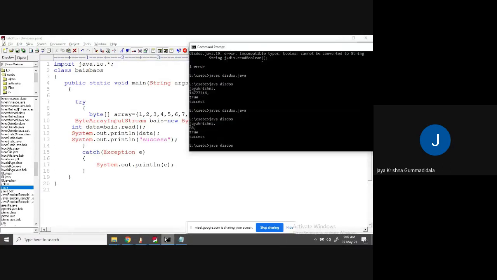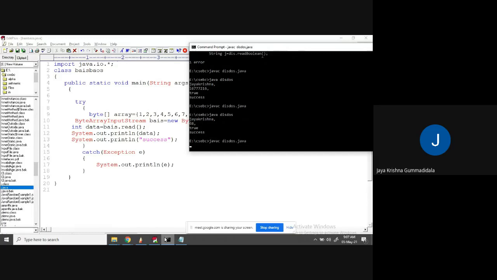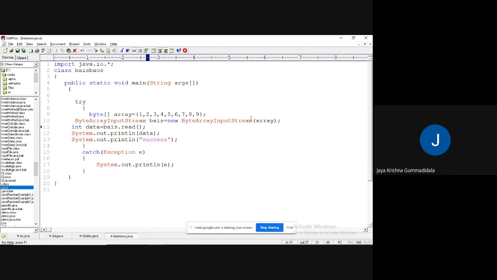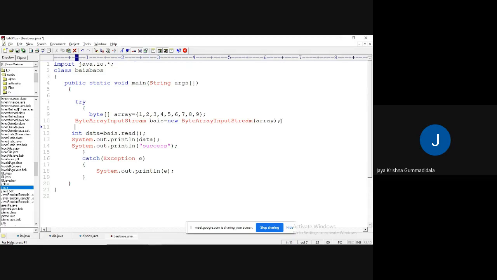Observe, am I reading the data from the byte array or not? Just see. Did I get the first value or not? 1, I got. So if you want to print all of this, I can use a while loop or a for loop.